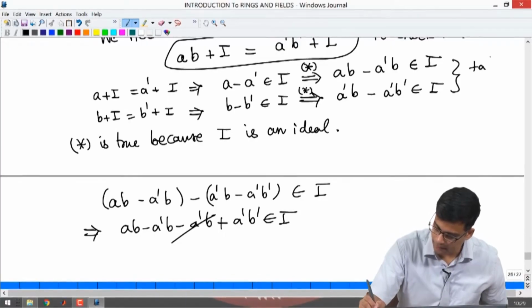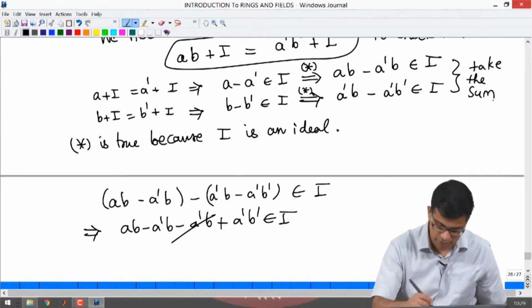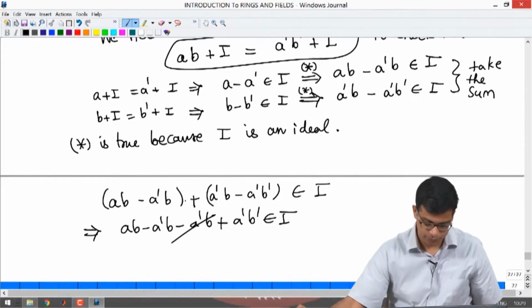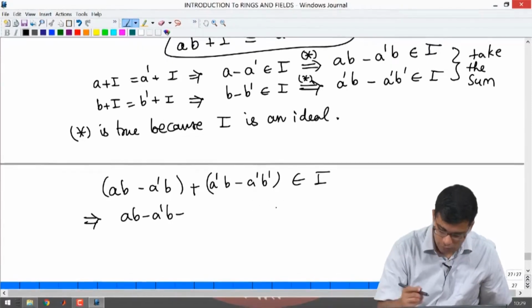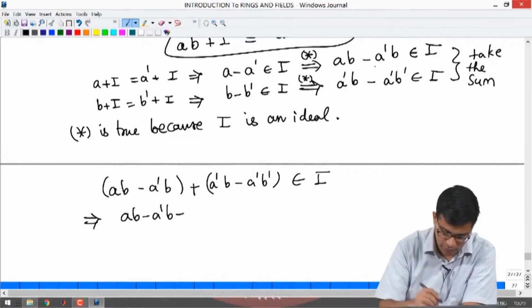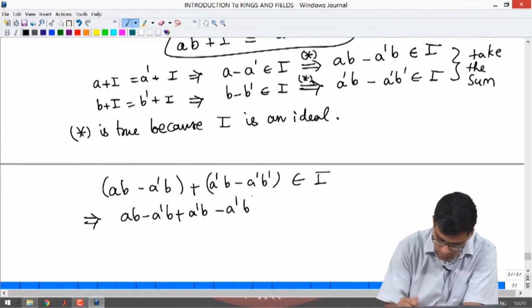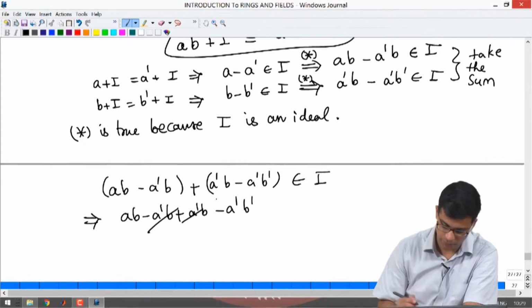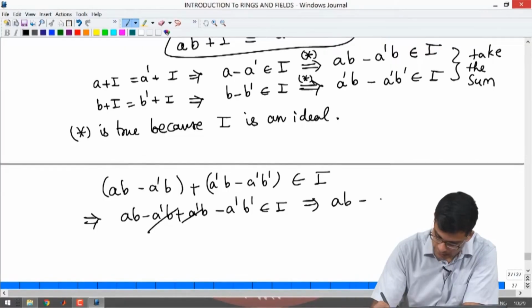I take the sum, not the difference. So, I put plus here. Again, two things are in I, their sum is also in I. So, I can take ab minus a prime b plus a prime b minus a prime b prime. Now I cancel a prime b, and this is in I,